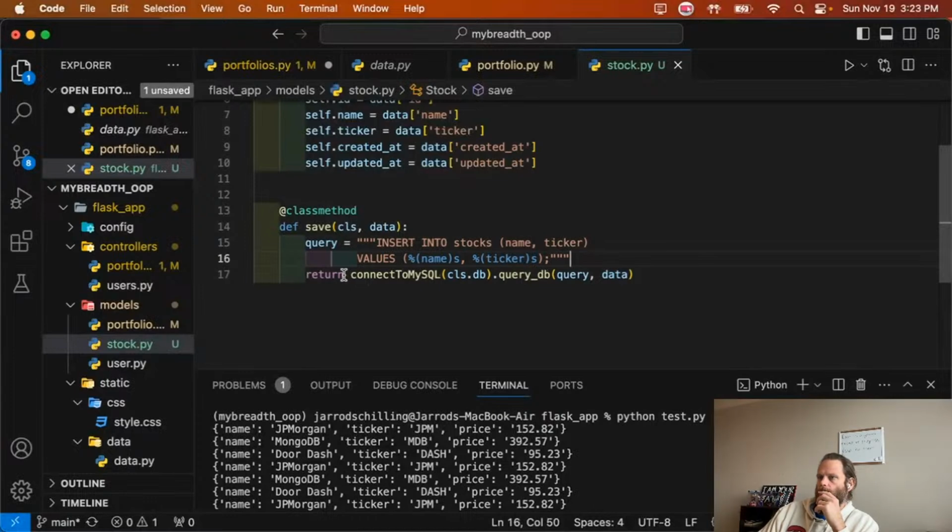So this will actually still be needed, because if I need to just insert, let's call this add stock, and then